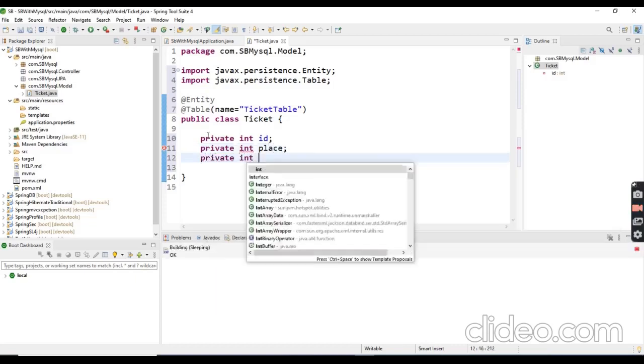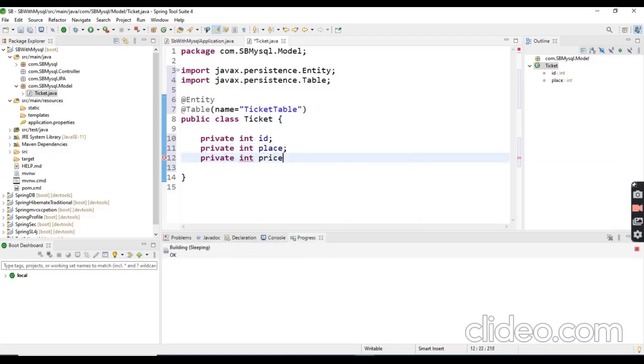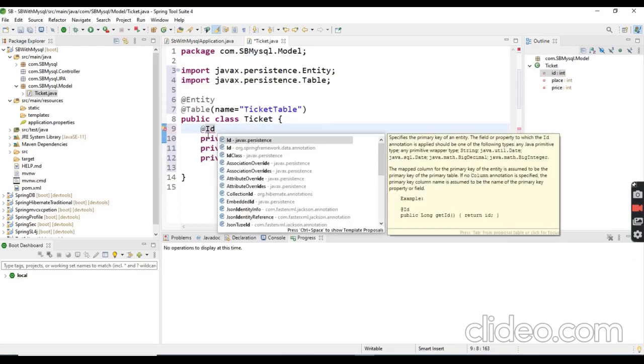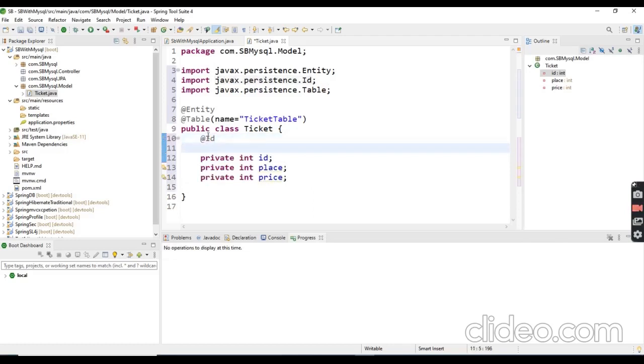I'm going to annotate this ID as the primary key, which is annotated by @Id. Whenever you are creating a table, you need to have a primary key ID. Without a primary key ID, you can't create a table in any database. So I'm going to mark this ID as the primary key by using the @Id annotation.